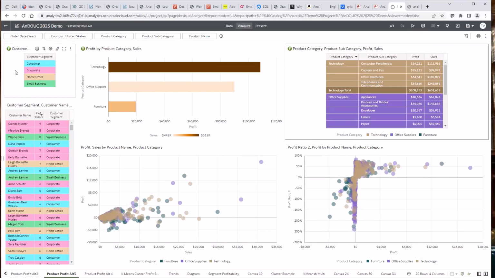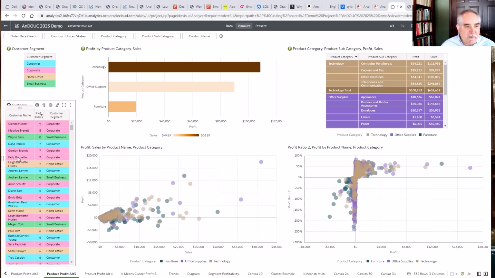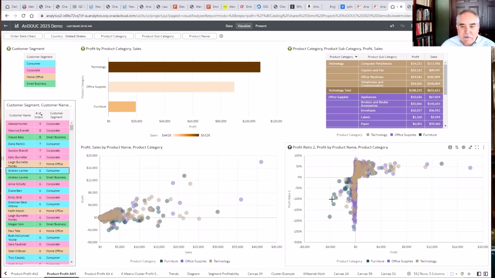Yeah, so this is a trade-off, okay? What we're doing here is calling strong visual attention to this customer segment and this customer name, so that as we're working with these different products and we want to find out which one Kelly Burton purchased, and it's up here, we can find it in the middle here, or Andrew Levine right here. We can find those things visually quite quickly, even when we have a very dense graph.